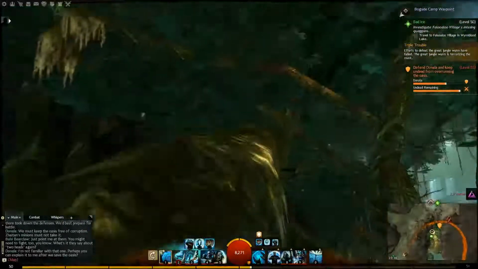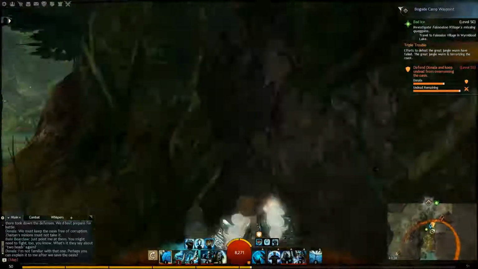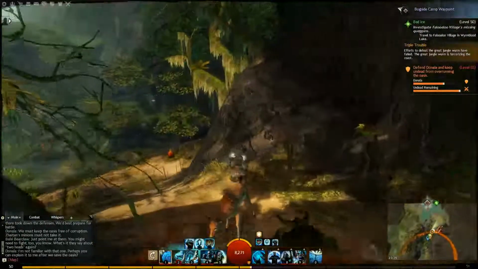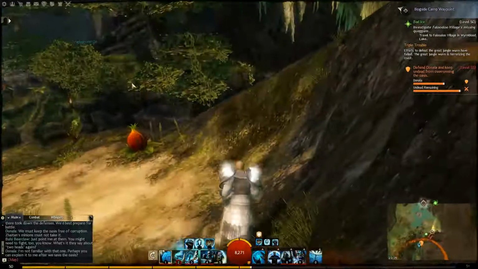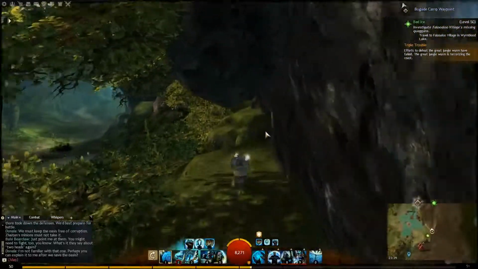Absolutely just my luck. Okay, so we need to work out actually how to get up to that vista. That's the next thing we've got to work out. So I'm guessing, I see where you go. Yep. Watching that guy over there has just helped me out immensely. So yeah, we're gonna walk this way